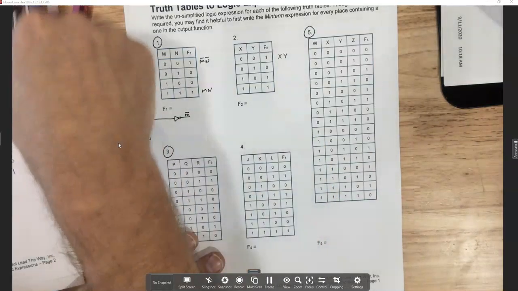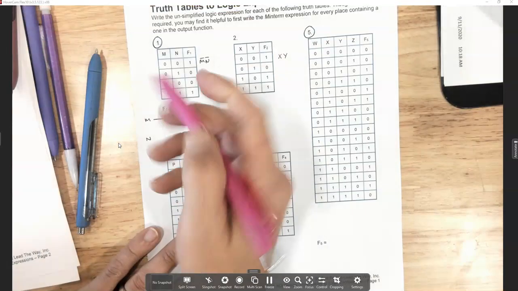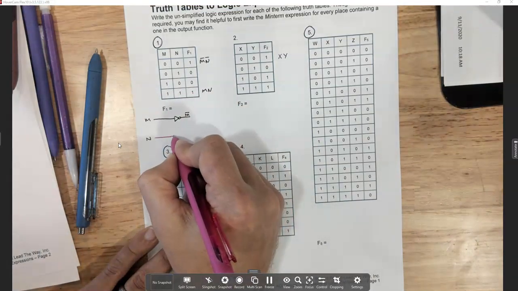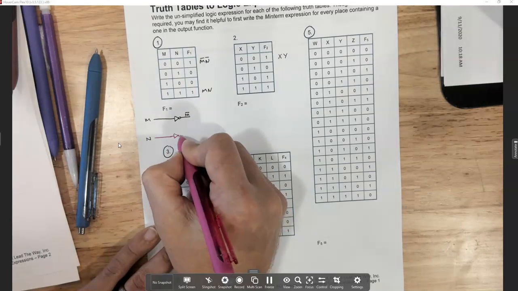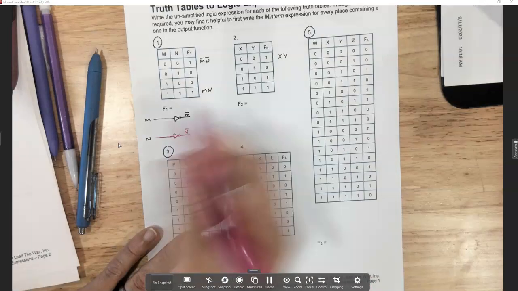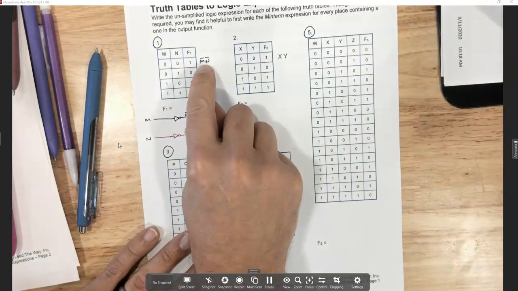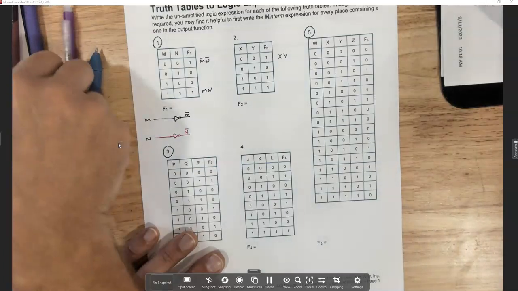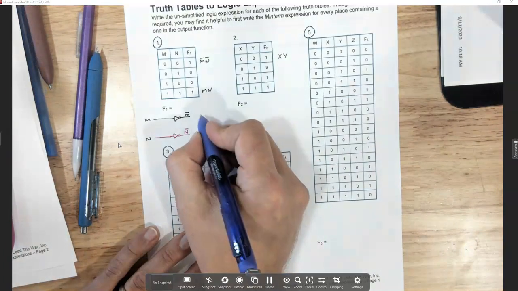And then maybe I'll just use a different color. N. If I want to create not N, I would run N through an inverter, and that would create not N. Okay, now to get the product of M and N, that's where I need to run those two through an AND gate,